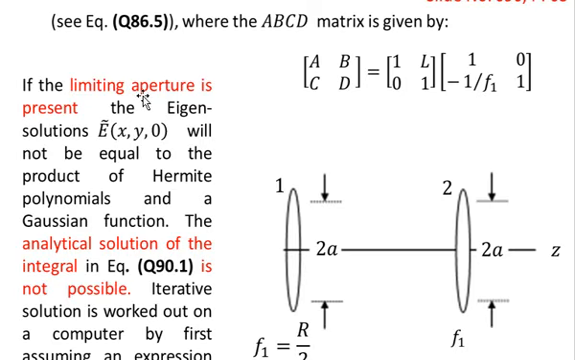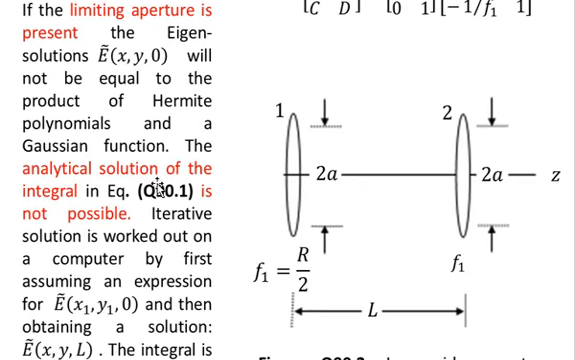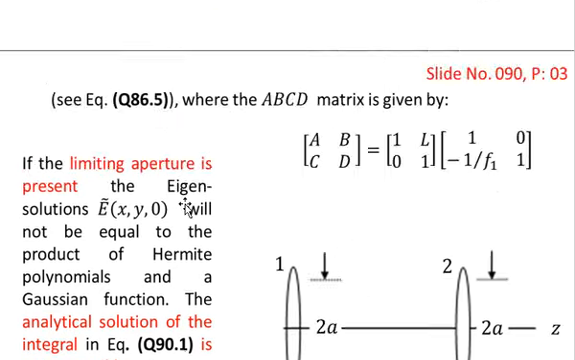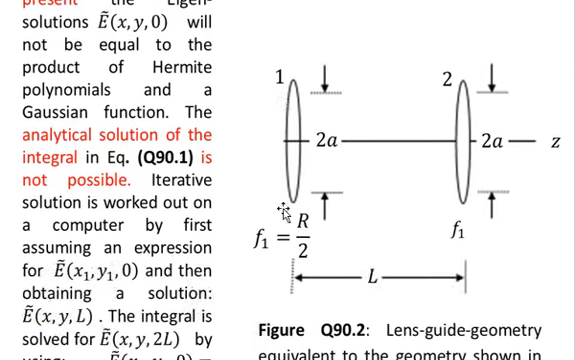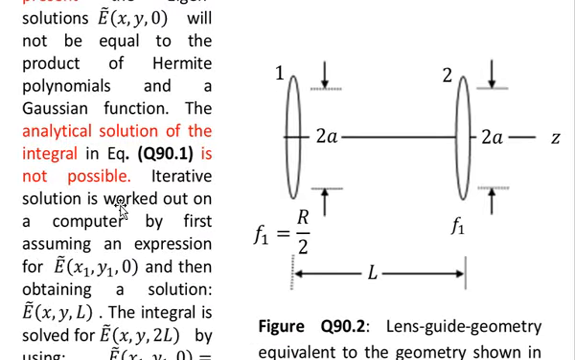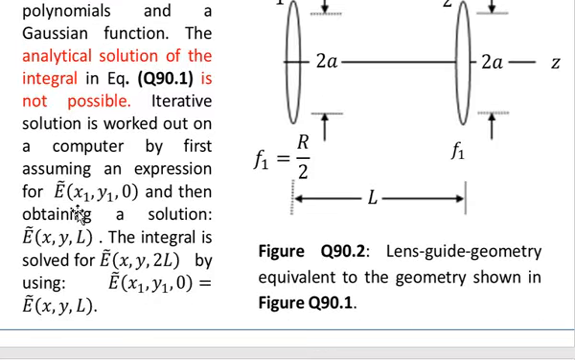But if in case of a limiting aperture, as we are discussing now, the eigen solutions, that is E prime of x comma y comma 0, will not be equal to the product of the Hermite polynomials and a Gaussian function. The analytical solution of the integral in equation number 1, that is this integral, is not possible. Iterative solution is worked out on a computer by first assuming an expression for E prime of x1, y1 and 0. That is, we shall assume that the initial field